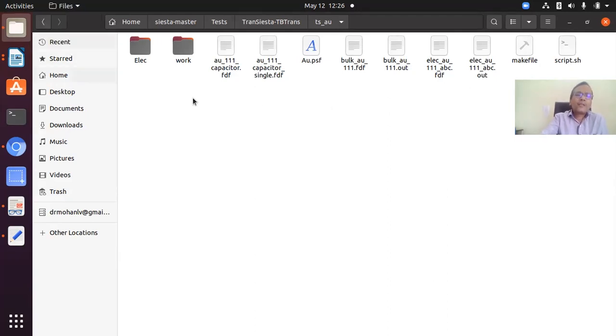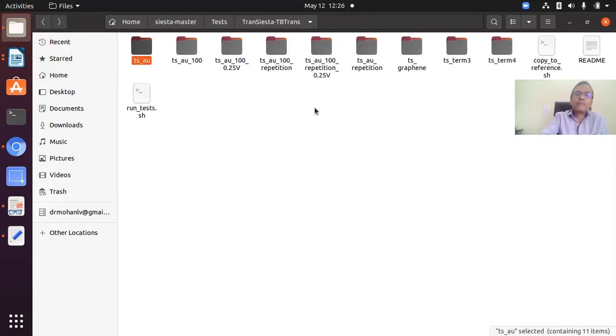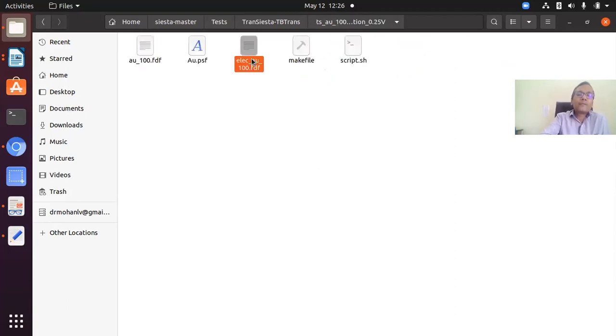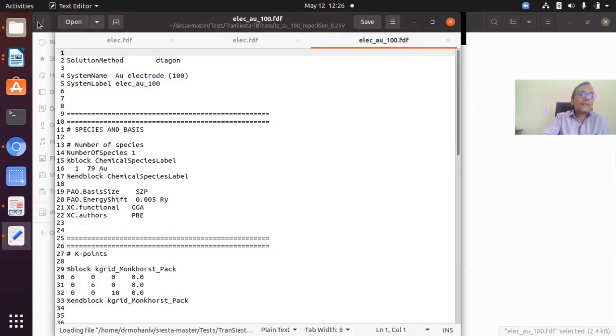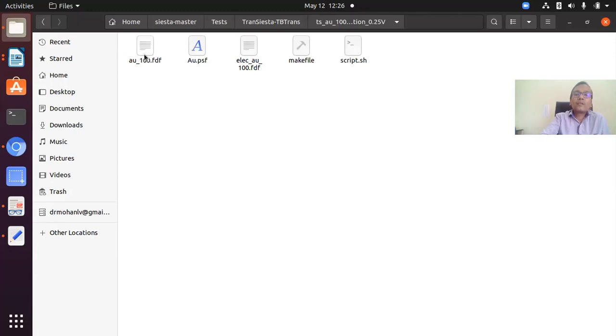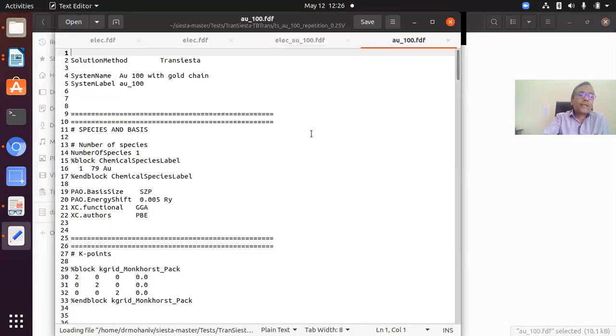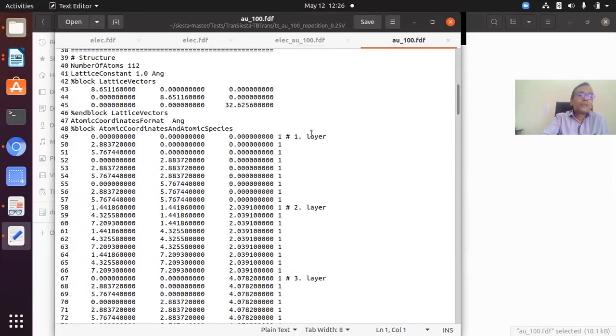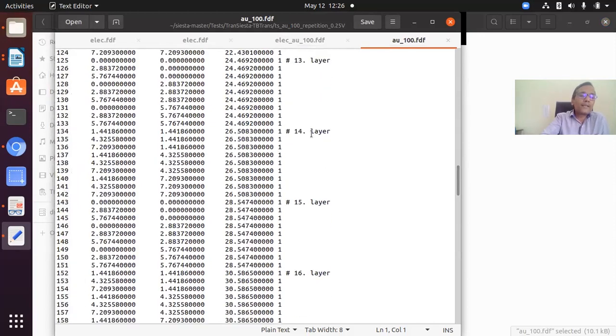But in this case, you have to run the particular transistor for one specific voltage. For example, here is the electrode file, and then there is the skate file, which holds the device.